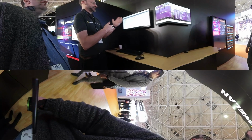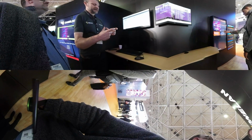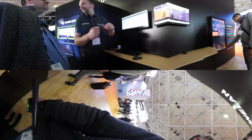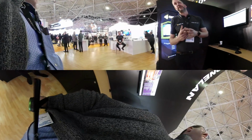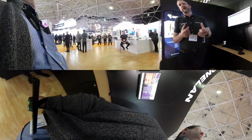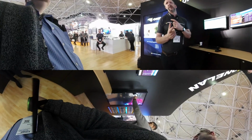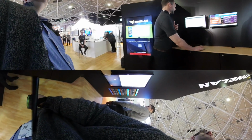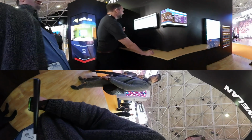Through this we can either publish to the SoC or to our little mini players, which just sit behind the screen. It's a little Linux device. They're really powerful, so you can push them hard. They come in 4K, come in HD, multi-zone. So if I go just here, you can see